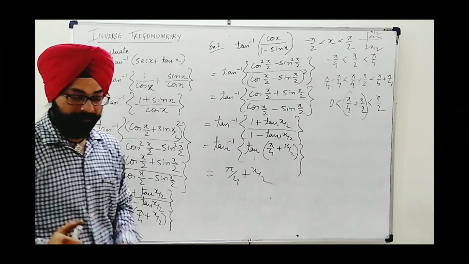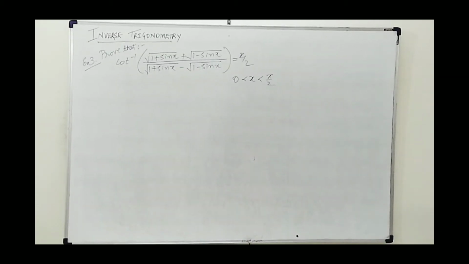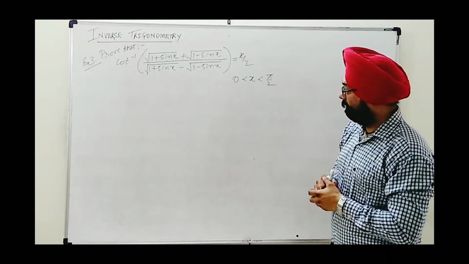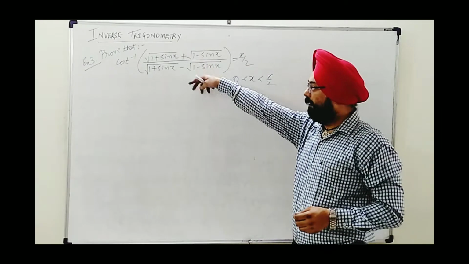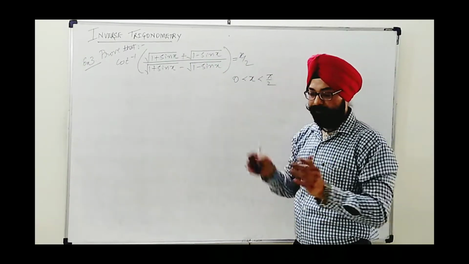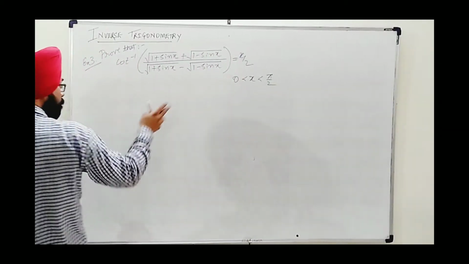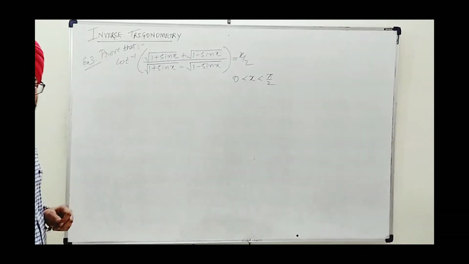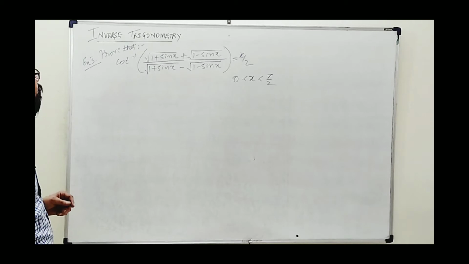More questions we are taking. Next, example 3 we have taken a bit bigger. It can look complicated, no problem, we will think it through. Prove that this whole expression is equal to x upon 2 after simplifying. The condition is also given: x lies between 0 and pi by 2. Take care, these two are strict inequalities. Be careful, no equal sign is given. What can we do?